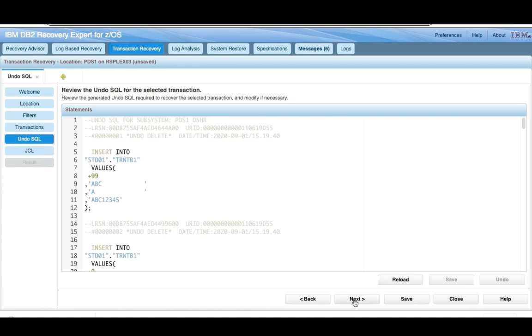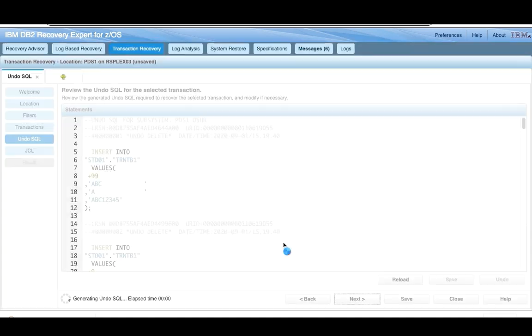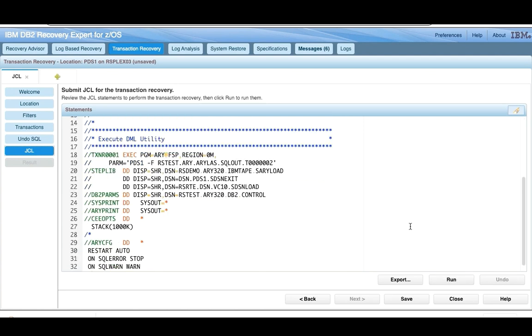So now if we do next, we're going to be presented with our job card. We can alter our job card here if we need to. Otherwise we just say OK. And now what is nice is we can run this right from the Web UI itself and get the results. So you can see here we're going to run the fast apply SQL program, and we're going to execute this file which contains the undo SQL. So if we run it,